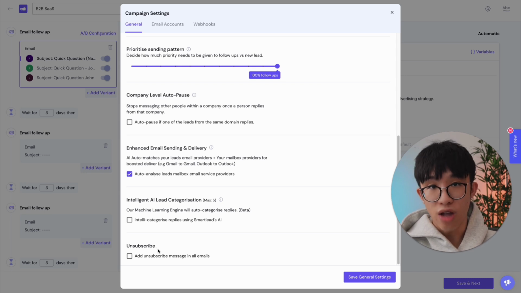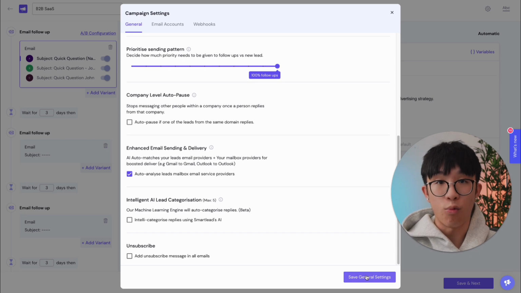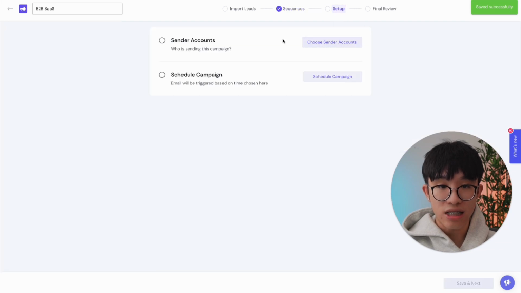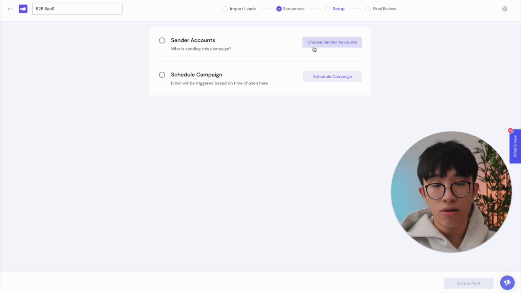I personally do not, but certain clients do, and for compliance reasons, depending on what that specifically looks like, you might want to add an unsubscribe link, but I'm not going to do it for this example. We're going to move into setup where you're going to select all of your email accounts. So obviously I do not right now, but if you did, you would be selecting all of them under schedule